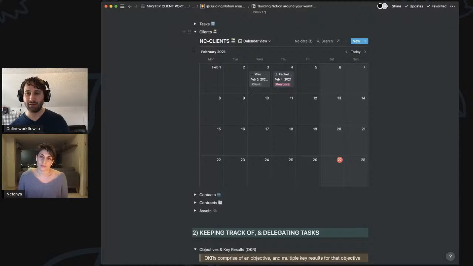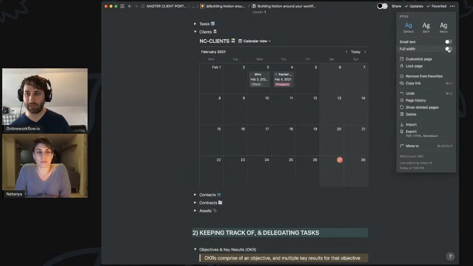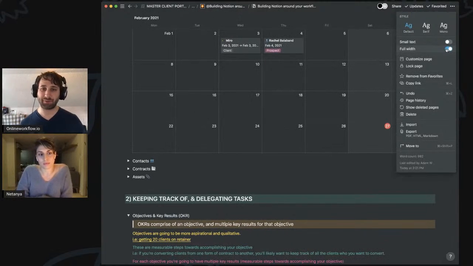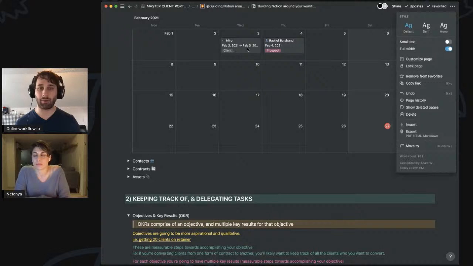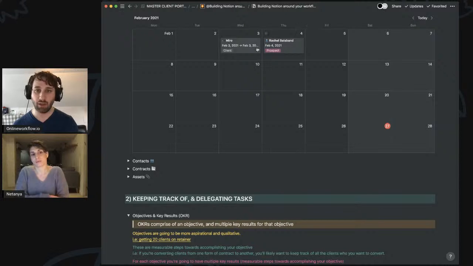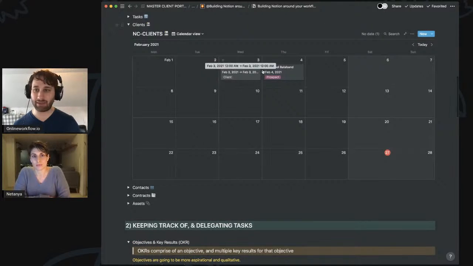Notion has two modes. There's a column width, as we're seeing here, which I think is really nice for writing, and then there's a full width mode. If I was to change those modes, I'll come back to the ellipses up here and go full width. I'm only going to mention that now because as we open it up, we can see a little bit more about these cards, because the calendar view in that mode is a bit scrunched and not as visible. But here we have again,